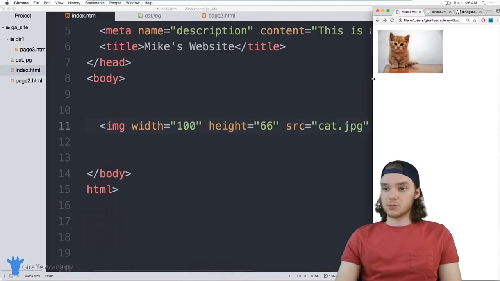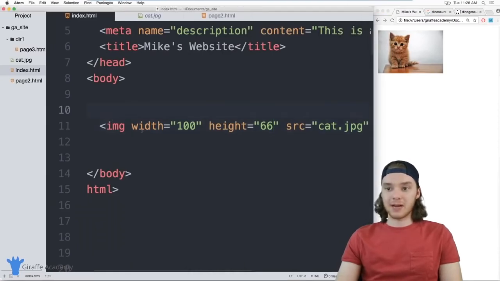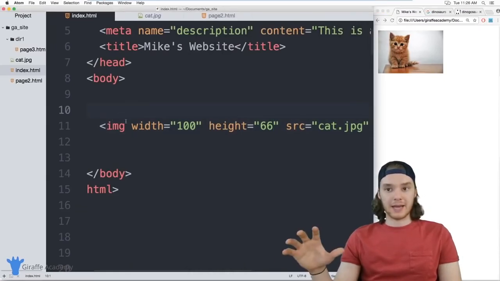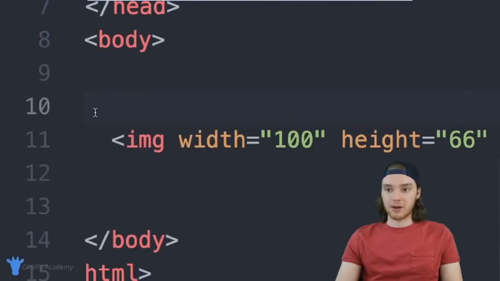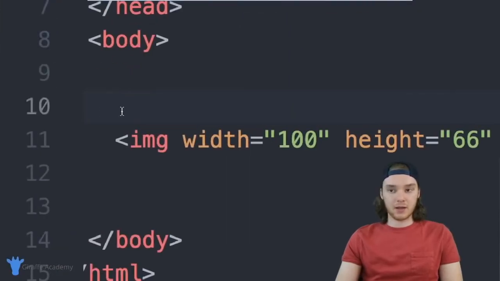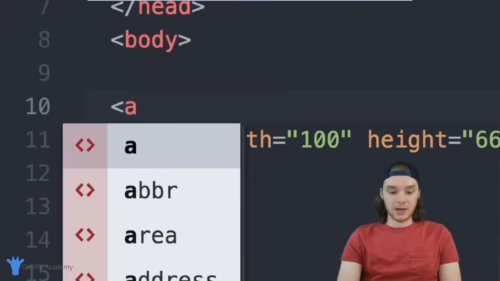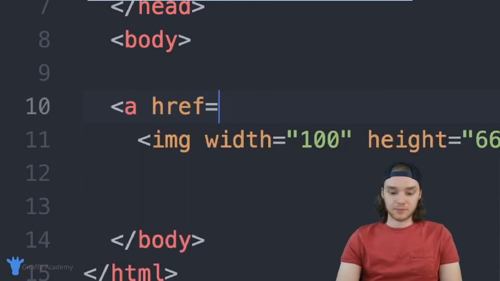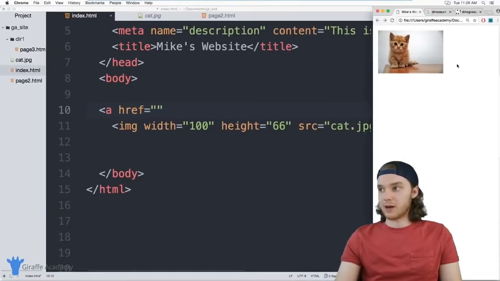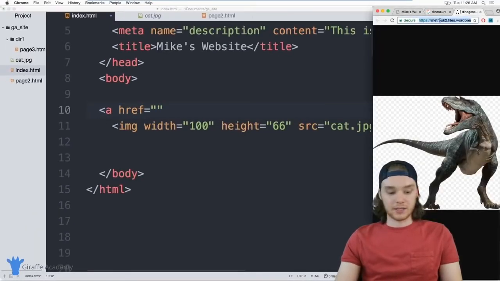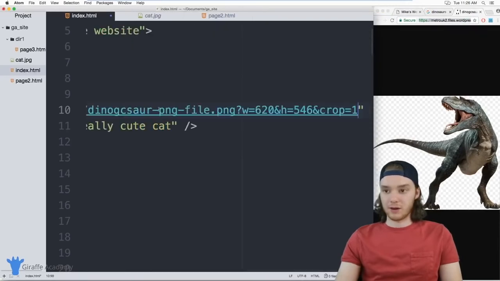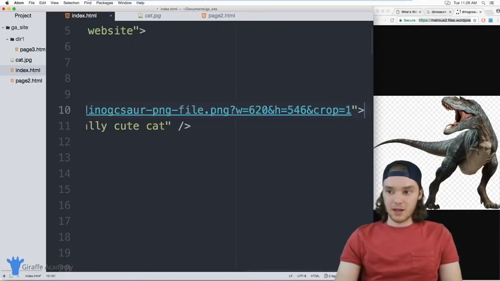And you can also use other things with images. So I could combine this image with a link, for example. So I could come over here and create a link tag, and we can just say A, and we'll give this an href. And inside here, I could put whatever link I wanted to. So for example, I could link this to this dinosaur picture, right? I could put the URL for the dinosaur in there, and